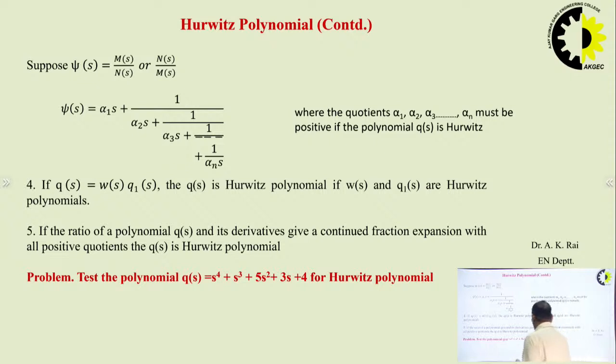Suppose this problem is given, Q(s) is equal to s to the power 4 plus 5s squared plus 3s plus 4. Whether it is a Hurwitz polynomial or not. So just check. So I can write here